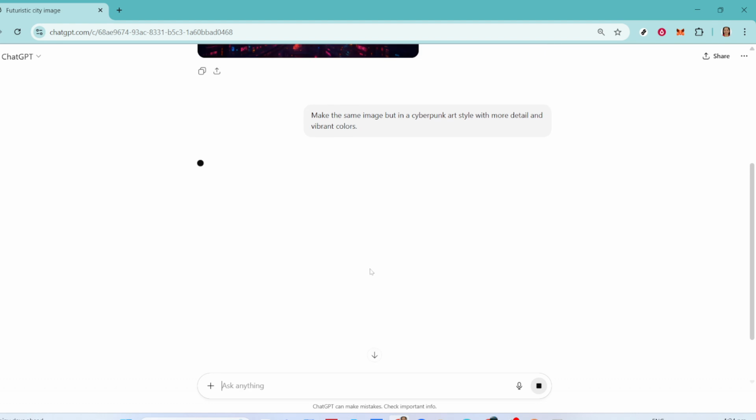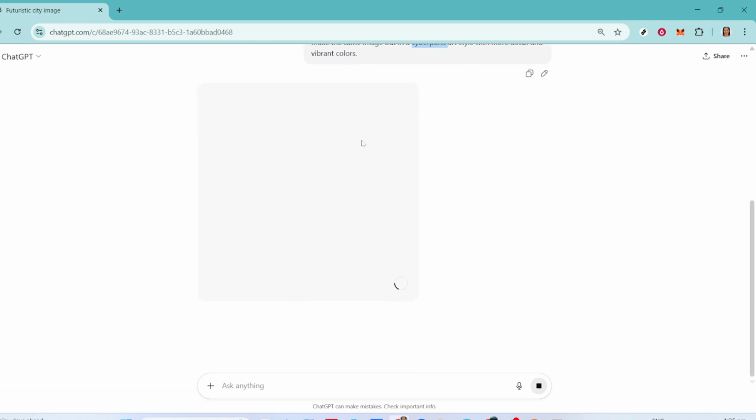If you're looking for something specific, such as a cyberpunk aesthetic, then you might say, make the same image but in a cyberpunk art style with more detail and vibrant colors. This request tells ChatGPT to enhance the image, focusing on distinctive characteristics of the cyberpunk style, like its rich hues and intricate details. Adjusting the style in this way can add depth and personality to